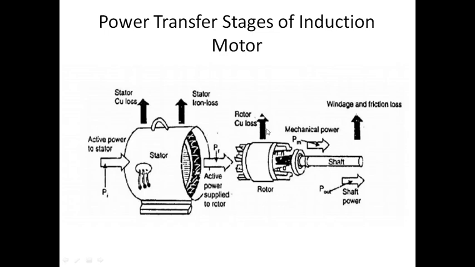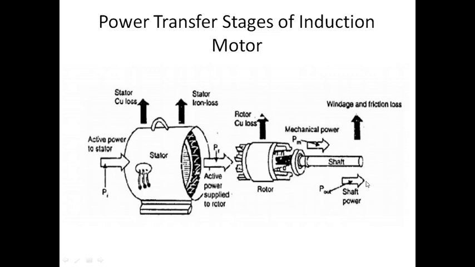Then the rotor is going to take the power and start rotating, and it is going to have the copper loss. And iron loss is very less because of my slip. The slip is nothing but the difference between your synchronous speed and your rotor speed. It is very small, so I'm going to neglect it. So PM is nothing but my mechanical power. How much power I'm going to take is the gross output, and this is nothing but my shaft.